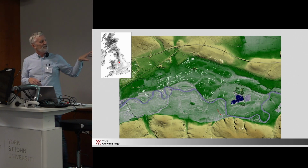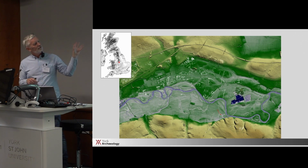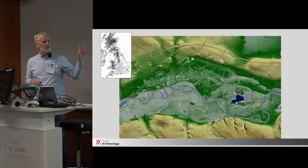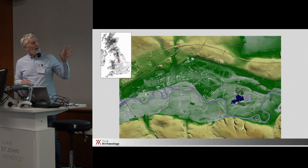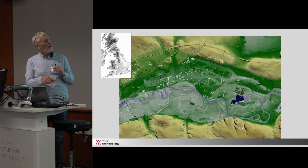River valleys, this is a relative elevation model. I've taken out the river gradient. It's only a small stretch, but it still makes a difference to look at fine topography in a different sort of way. The Hemington Terrace, Holme Pierrepont Terrace, lots of things up here, Potlock Cursus, Henge monuments, barrows, Iron Age and Roman settlements. We've been doing a lot of work, which we've been writing up, in quarry on this bank